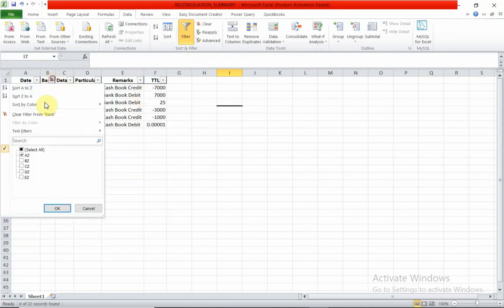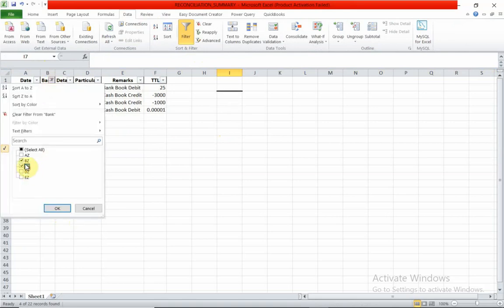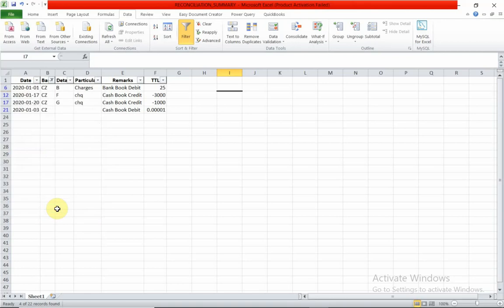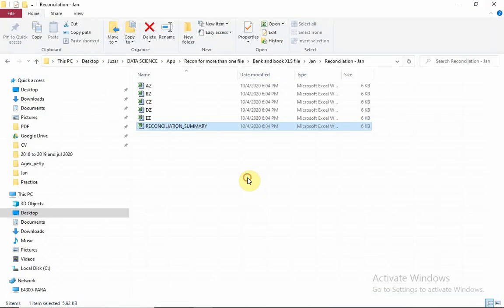Now let's say if I say second bank, if I say third bank, so in this case, moving from the traditional way of reconciliation, we have moved to a totally different module where we are able to select more than one or two or three banks and do a reconciliation at one shot instead of doing individuals.